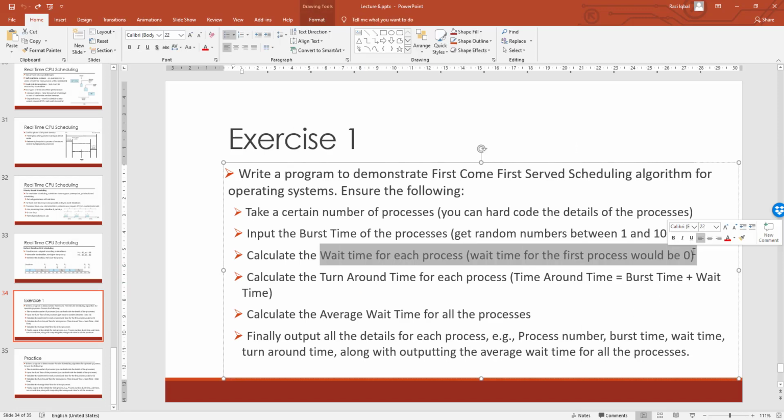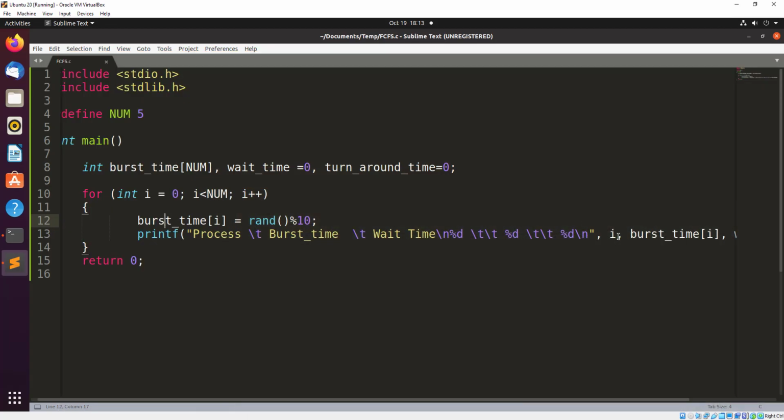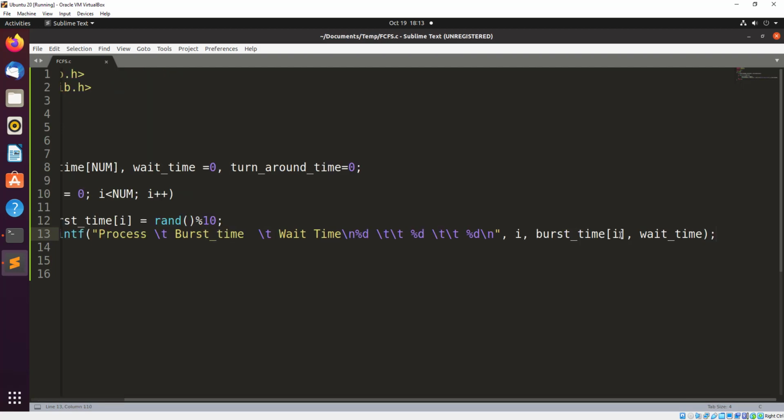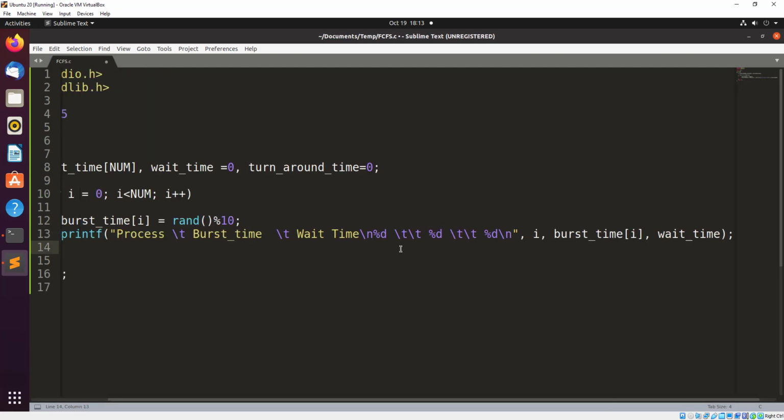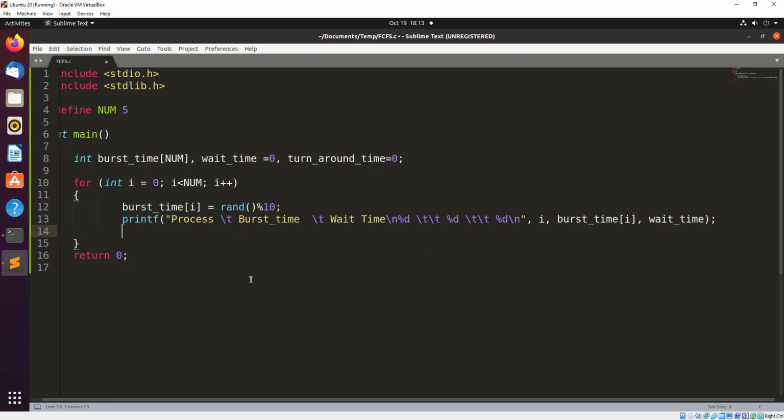So we'll find the wait time, and let's find the wait time maybe. In order to find the wait time, let me just reduce the font for this so we are on the same page. Okay, so in order to find the wait time, what I have to do is I have to make sure